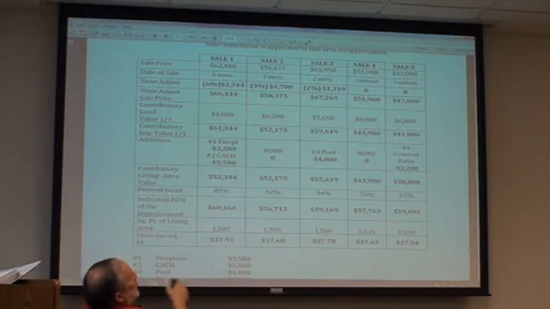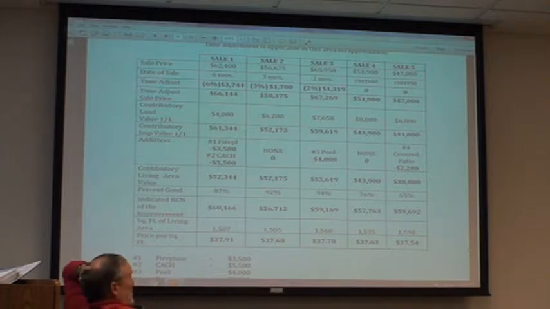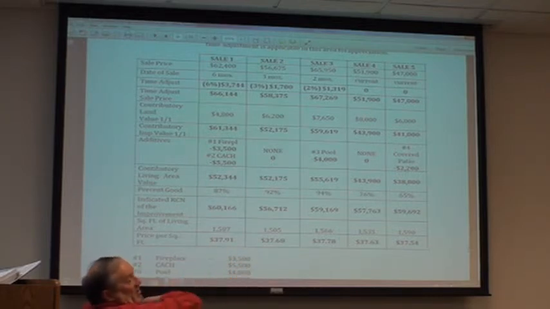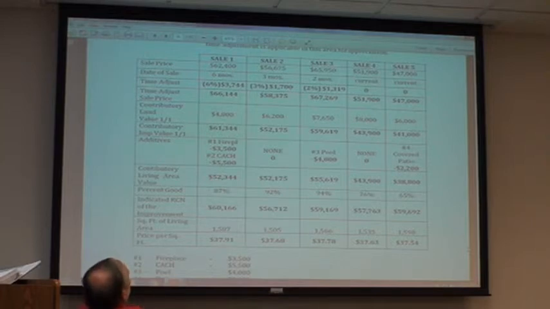Number 3 has a pool. Take out $4,000. Number 4 has none of those amenities. Number 5 has a covered patio. We're going to back out $2,200. So now then we have the RC and LD of just the living area, don't we? So the value contributed to the living area is 52,344, 52,175, 55,619,